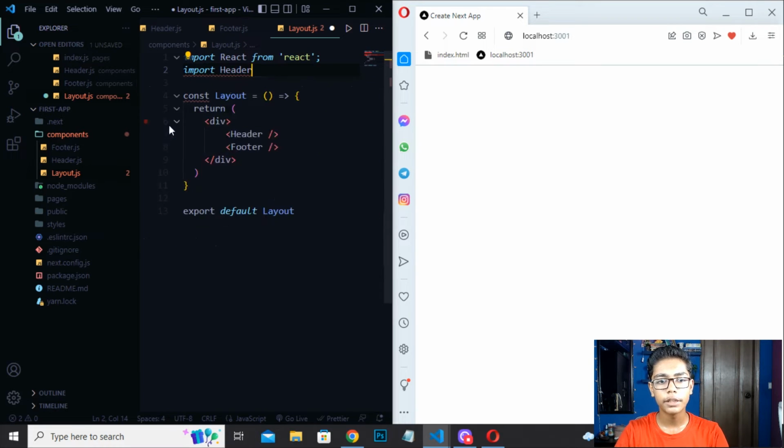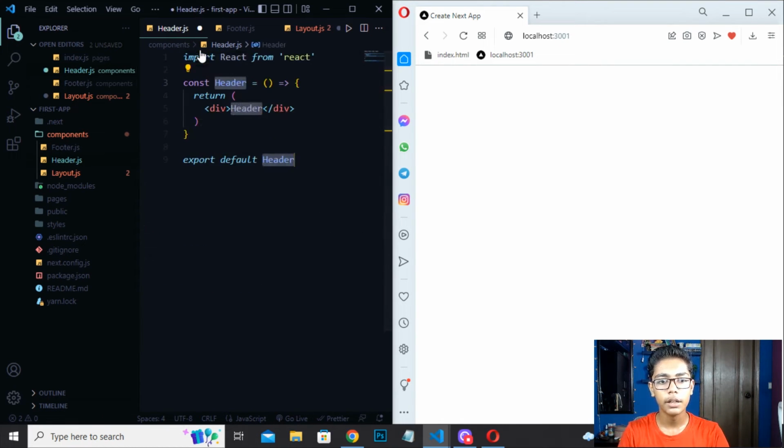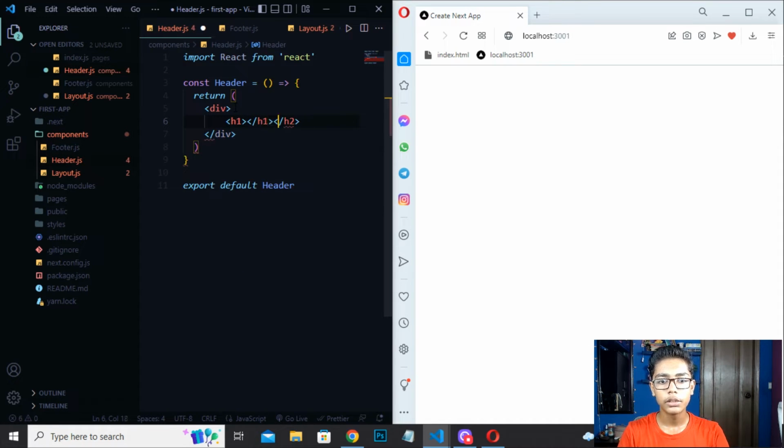So I will be just pressing this, and you can see now we are getting the header here. So you can now work with this header. Now I will be moving to my header.js, press RAFCE here. Then you have to erase all these things, the h1 here, and in this h1 tag I will be writing a tag like this. You have to also write h1 and close this h1. Here I will be writing header component.